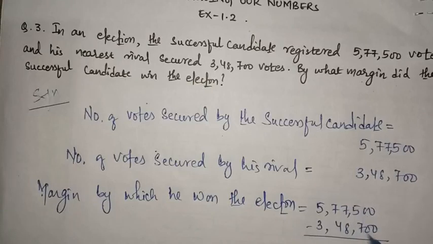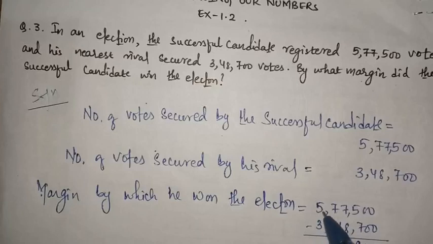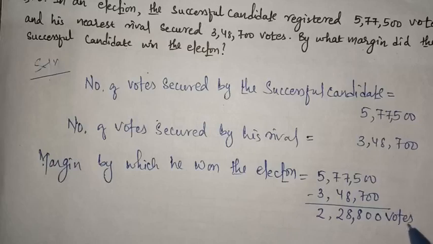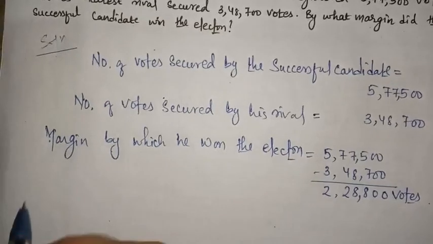15 minus 7 is 8. Here it will be 16. 16 minus 8 is 8. Here it is 6. 6 minus 4 is 2. And here it is 5 minus 3, 2. So it is 2,28,800 votes. You will write at the last, therefore,